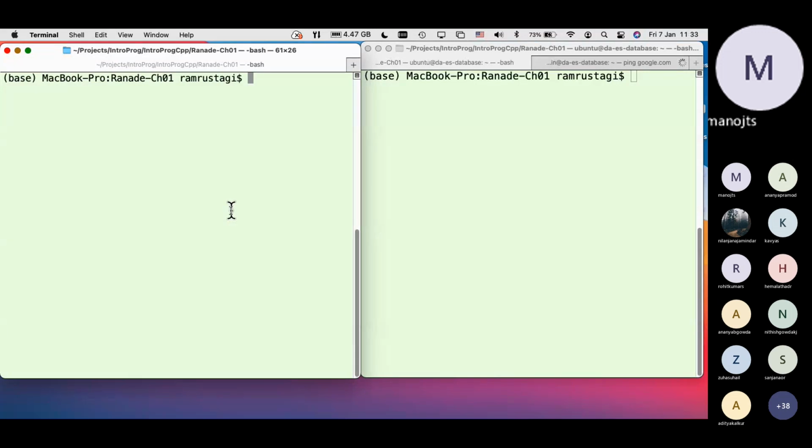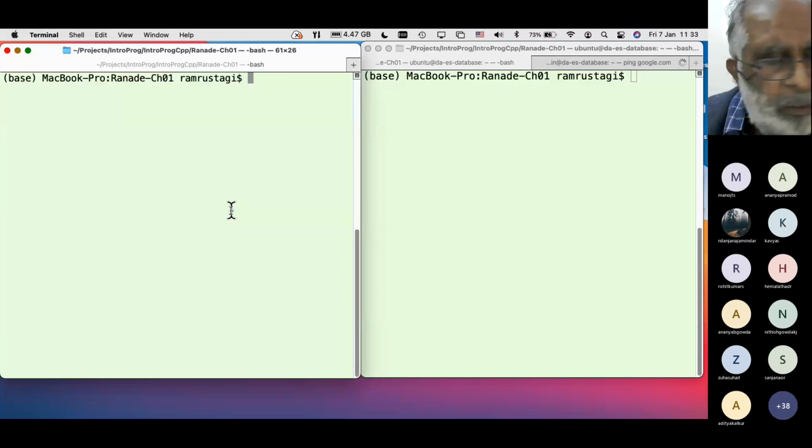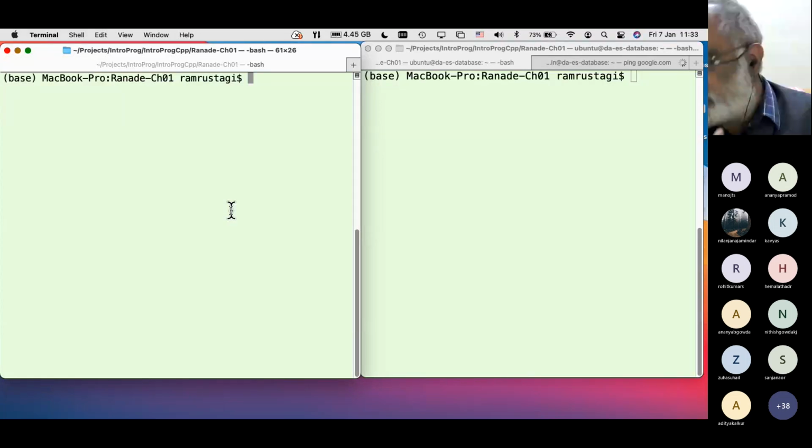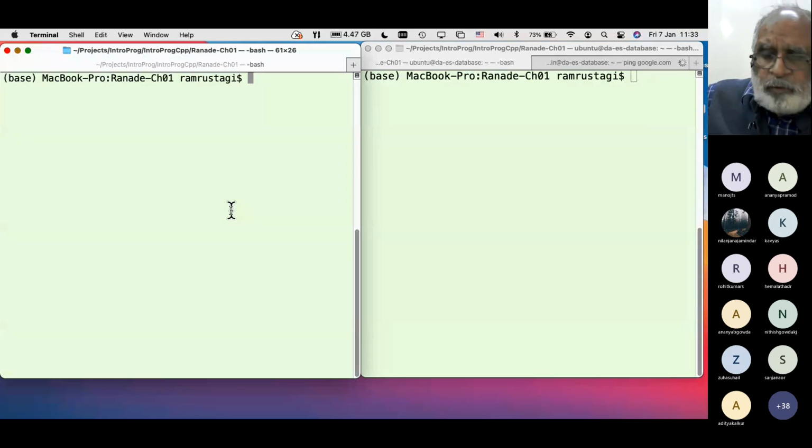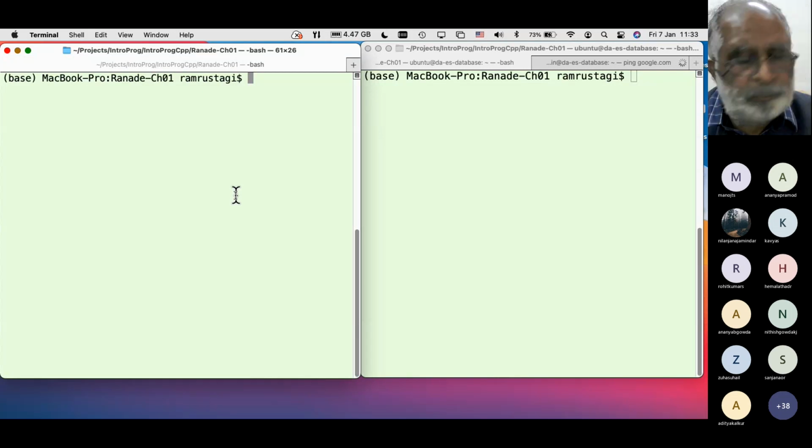Today I'll discuss storage, what kind of variables we need. Why do you need a variable? We talked about looping. We talked about some modules. So let me try to show you a simple code.